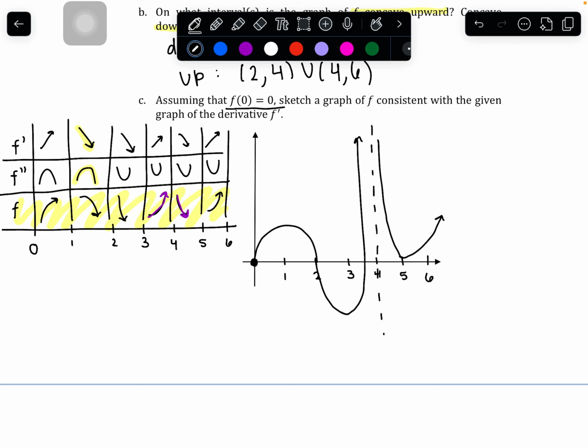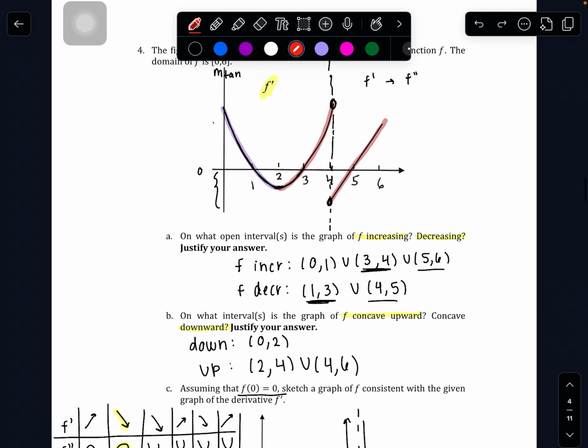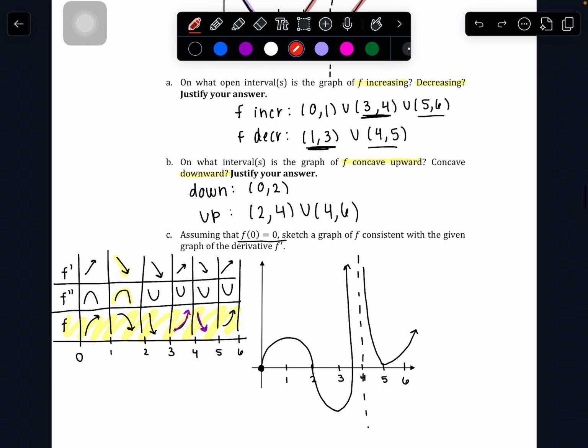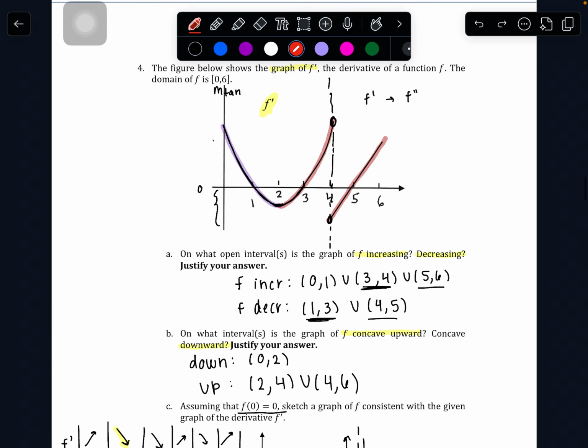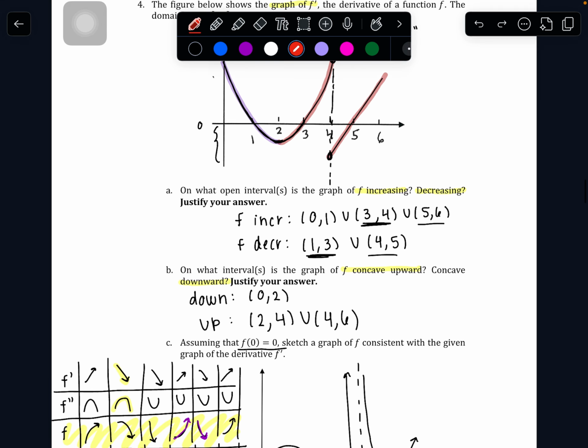Something like that. It doesn't matter where you plotted this. You could have done it like this for all I cared, right? You could have done this. As long as you have the general shape and you didn't violate any of the terms that you found up here, you should be good. So typically on an exam, hopefully the grader will be looking at your solutions for A and B and then judging your graph based on that, like if you got something wrong. But just be super careful when you're extracting this information, especially because this was the derivative graph and we were asked stuff about f. So we had to be super